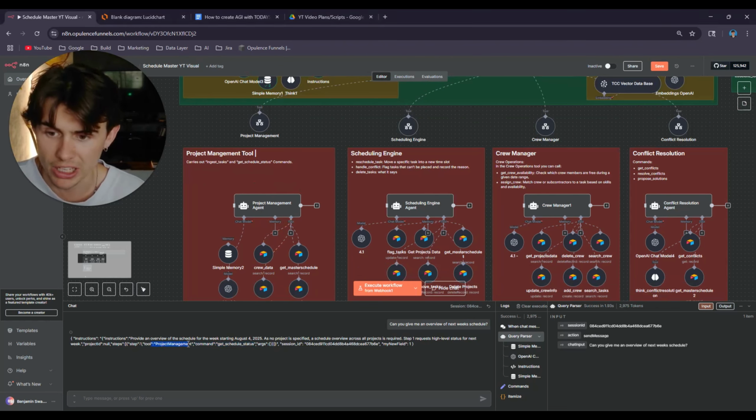So tool is project management. You'll see that lines up right here. And then the command is get schedule status. Okay, what does that mean? Well, we're going to go in here to show you. So I'm going to open up the prompt of the actual project management agent, and I'll describe to you exactly what that looks like.